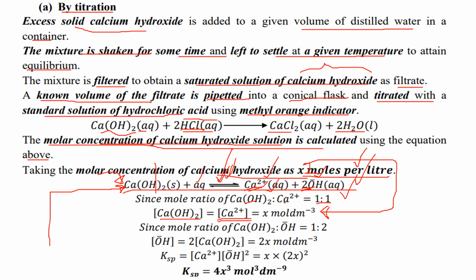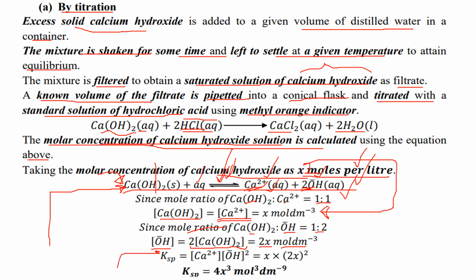So here we are saying that since the mole ratio of calcium hydroxide to the hydroxide is 1:2, that means that the molar concentration of the hydroxide ions is going to be twice the molar concentration of calcium hydroxide present, and therefore we are going to have it as 2x moles per decimeter cubed. Now after doing that, we'll write the expression that can be used to calculate the solubility product of calcium